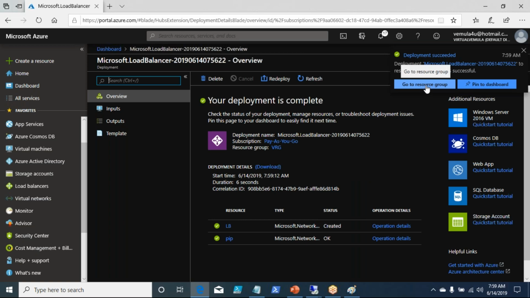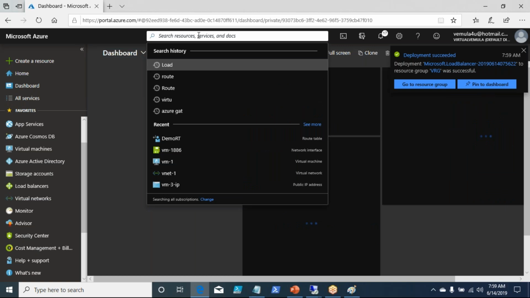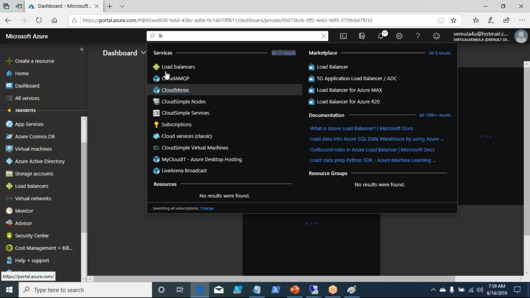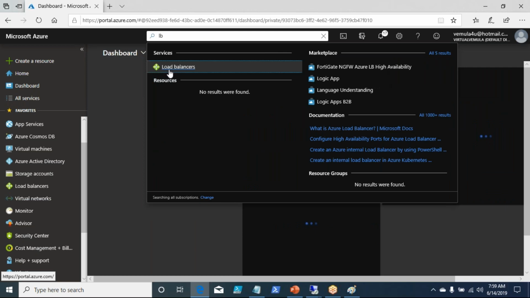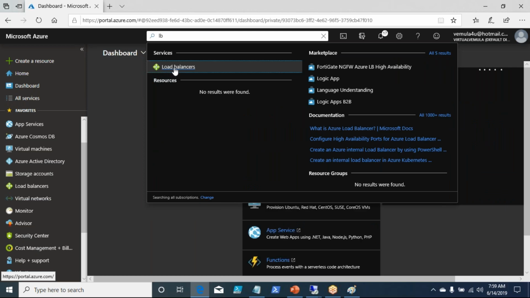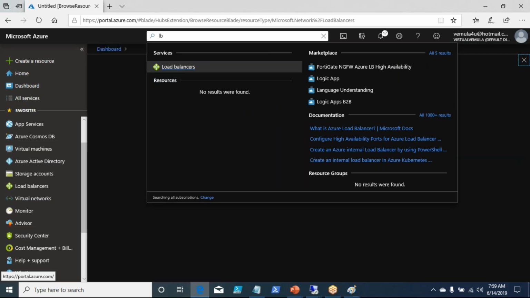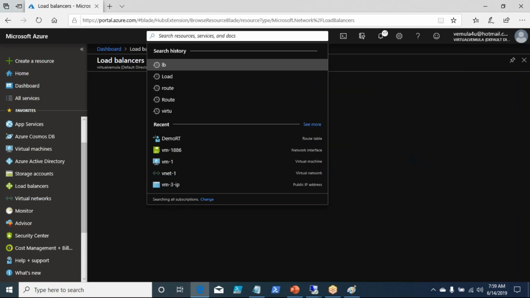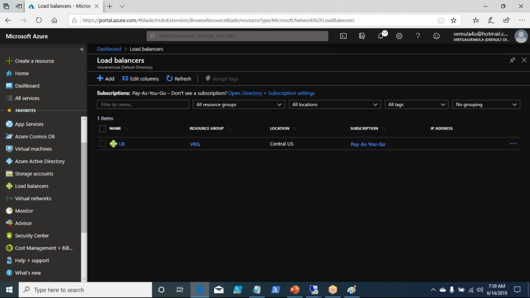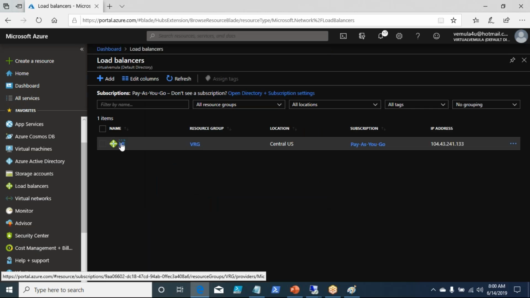Then go to the load balancer. So you have a load balancer created.